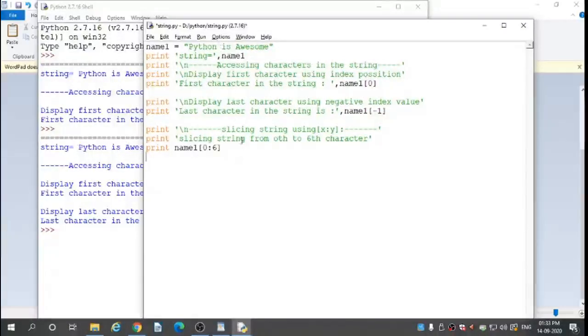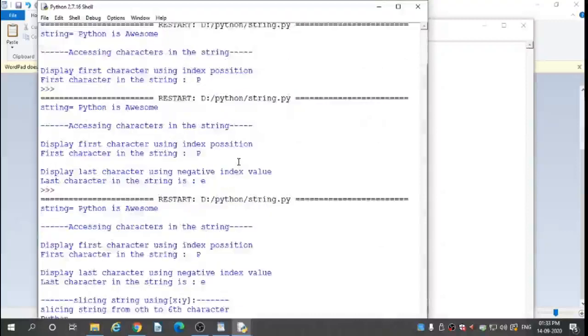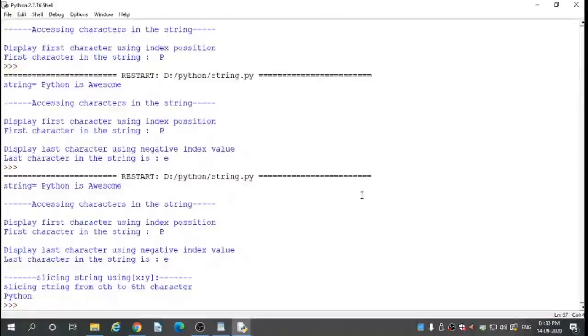That space is the 6th character. So I save this code.